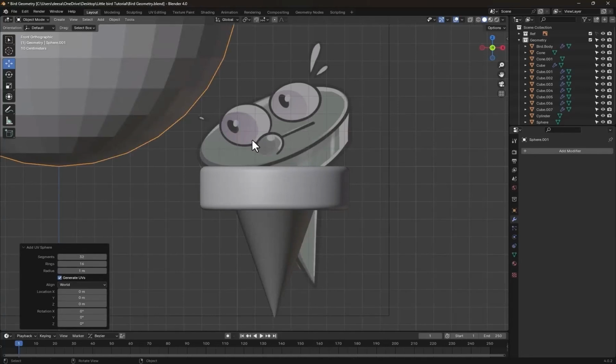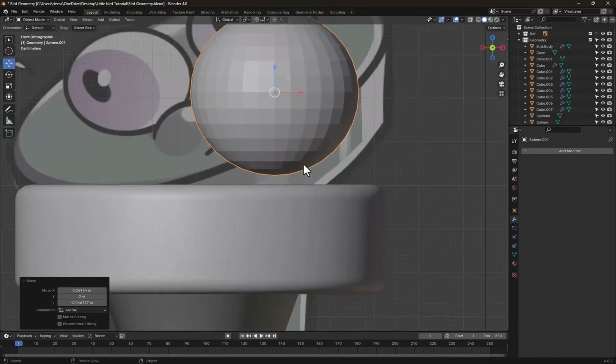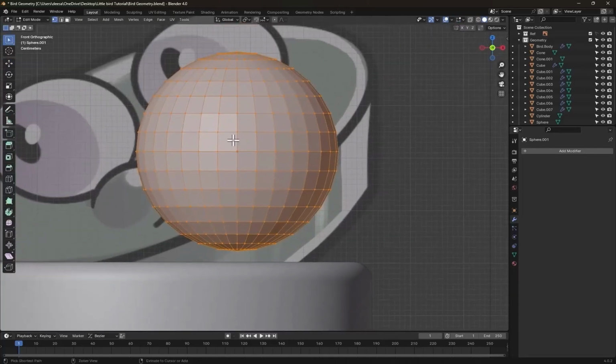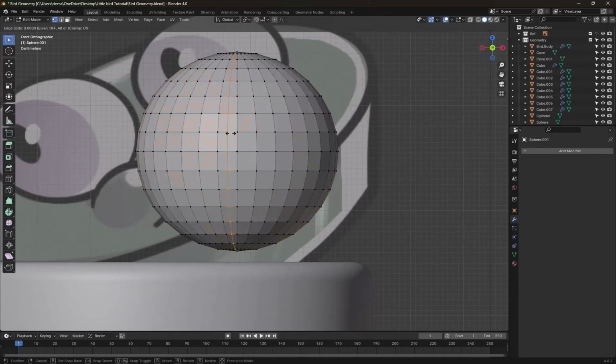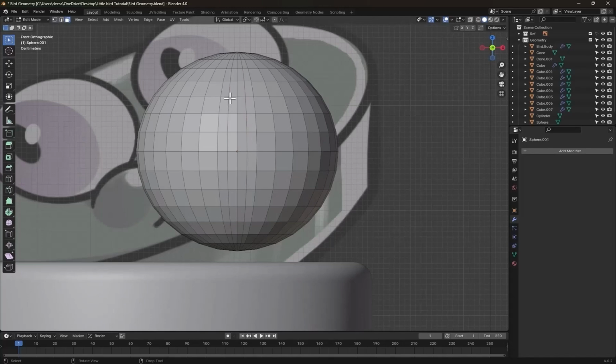UV sphere again, scale it down and move it, go to the edit mode. I'm going to add a loop cut right here and another one right here. Now enable face select, select all of this,